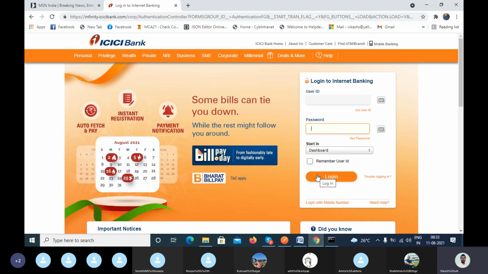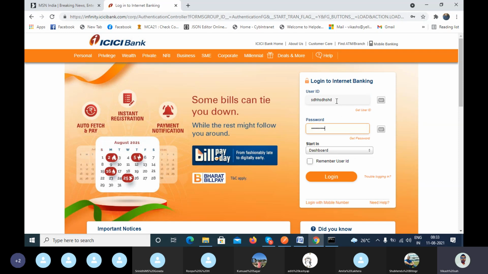Now the question is, what are the different ways to authenticate? This is one way: by entering the username and password, the user can be authenticated. The server will verify them. If I pass the correct username and password, I can log in.